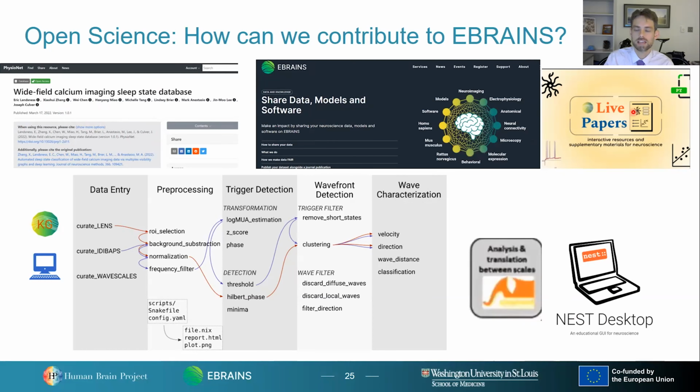And I'm incredibly excited about the talk today about live papers, because I think this is the perfect example of where we can place this data to answer questions and run our analysis. In particular, right after this, we're going to be talking about CalSwap, which is a beautiful analysis pipeline that can detect waves and characterize these waves. And I think that this data set I have here is the perfect test data set. I'm one of the perfect test users for EBRAINS, to see, can we scale this up to the international neuroscience community? And then finally, I really strongly believe in this